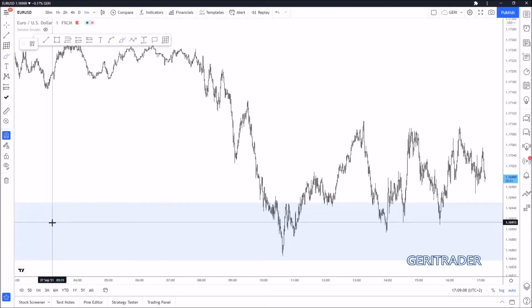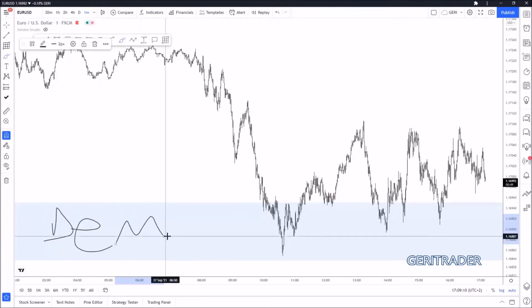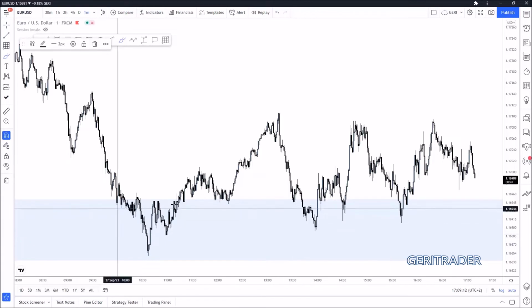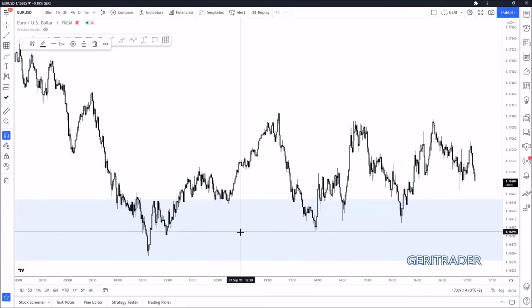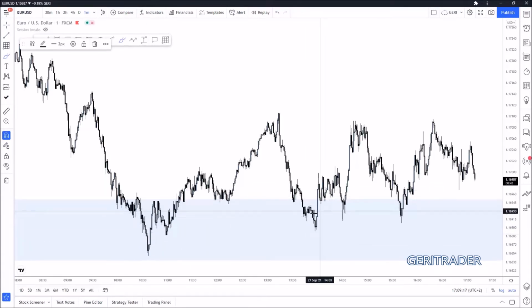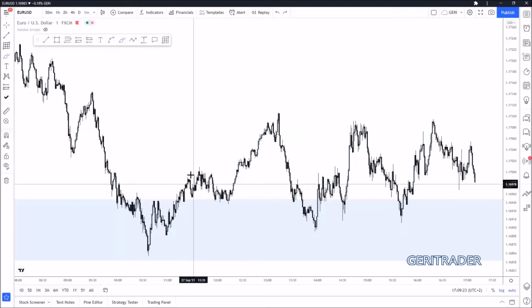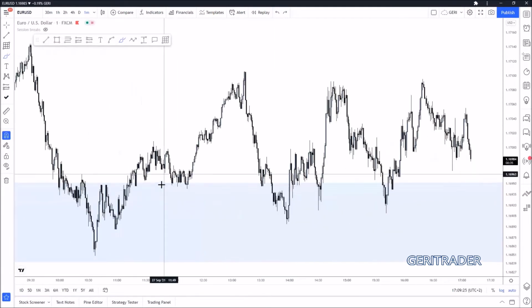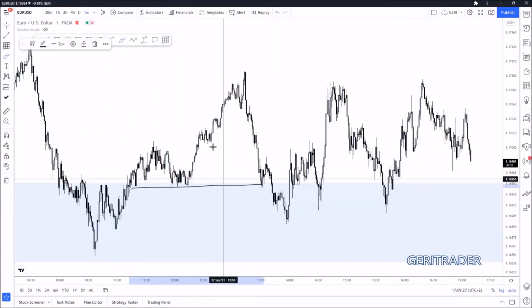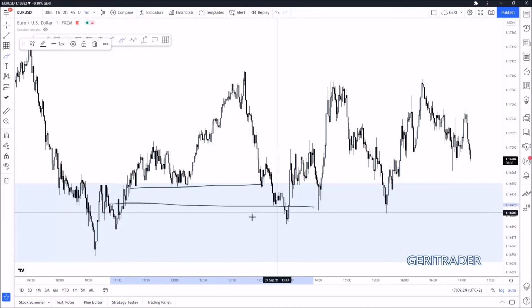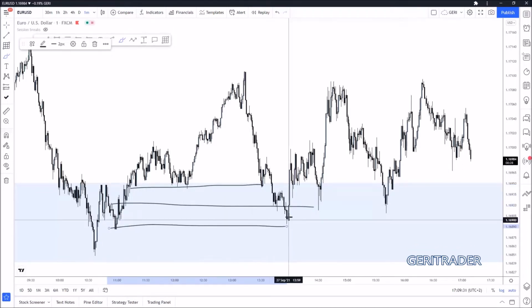So this would be my main demand zone, okay? And I would start looking for some price action in order to take a trade. So I saw the price printing some really interesting price action in here. Once I saw it, let me delete this first. Okay, once I saw it taking some liquidity below this area and entering this demand zone, okay, I did not